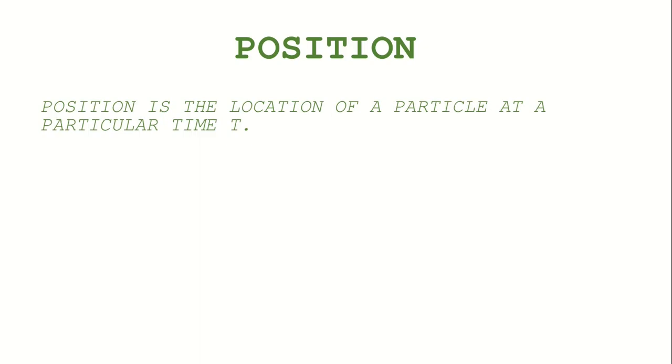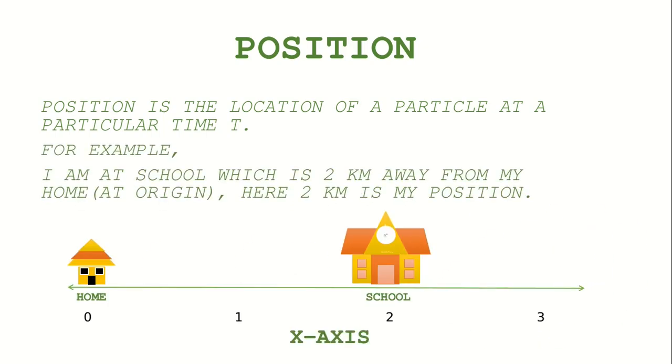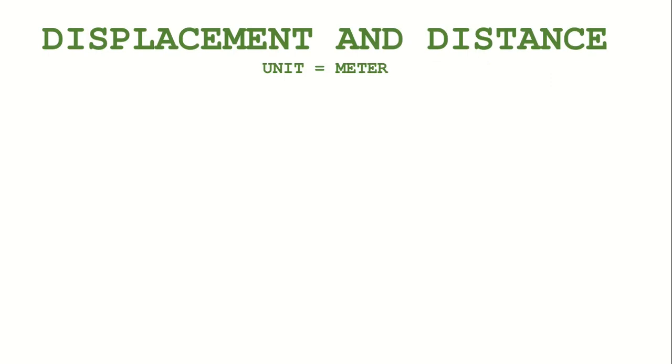To study particle motion in physics, we must start by knowing the location of the body. Then we can start working on the rest. The position is the location of a body or a particle, or in crude language, a thing. So for example, look at the diagram below. On the x-axis there are two things, a school and a home, and they are 2 kilometers away from each other. Therefore the position of the school is at x equal to 2. Now we know what position is.